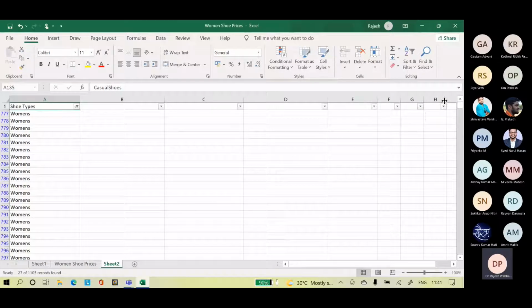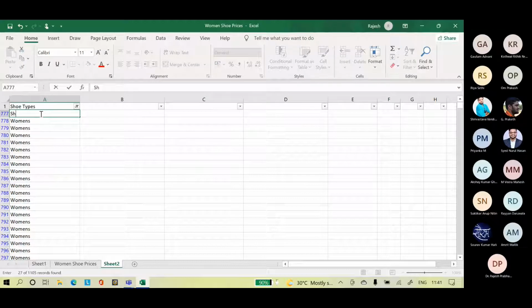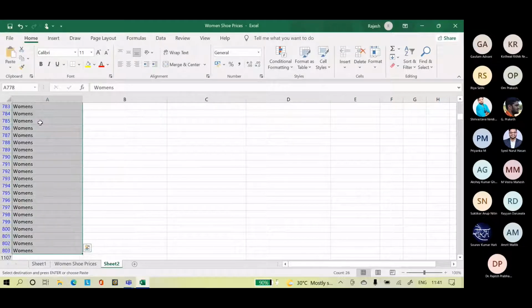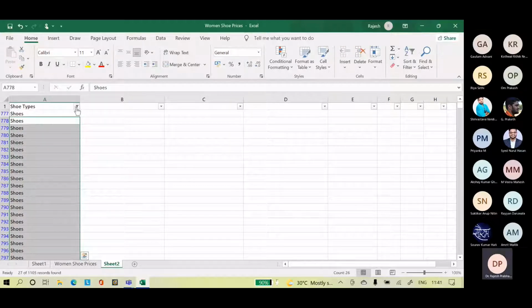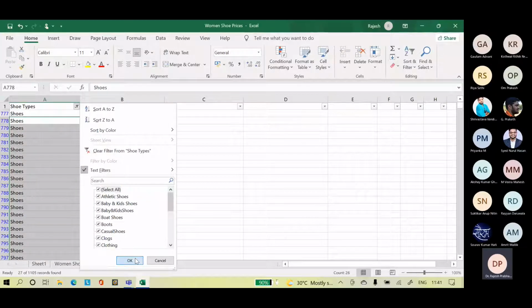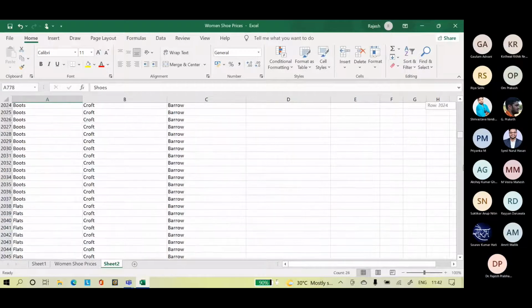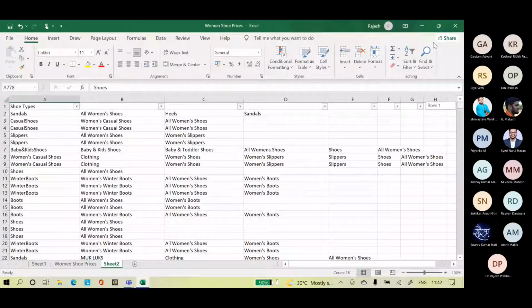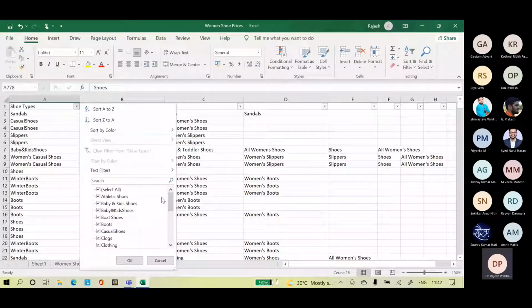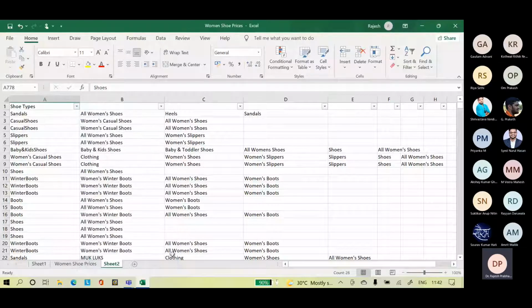So shall we make it a general category as shoes? We'll convert them into shoes. Select all, unselect all. Now I think we have the categorization properly done.